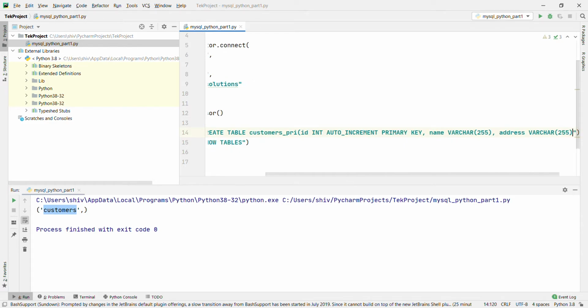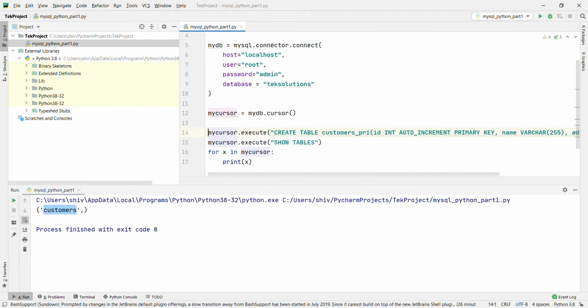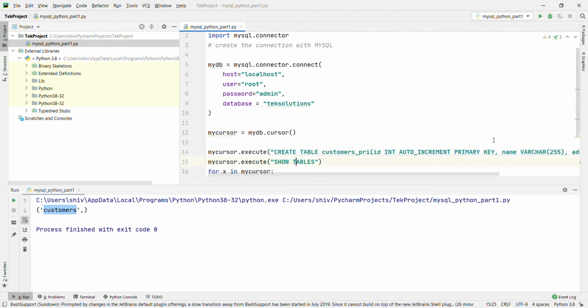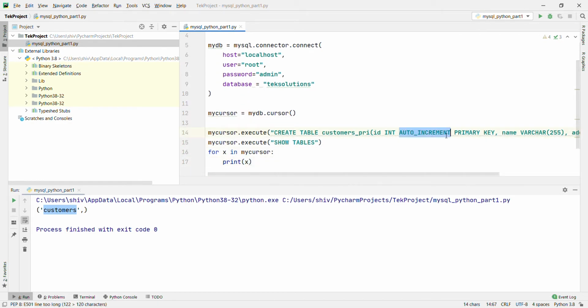We are going to close this one and this. Right, now what will happen here is that I am going to create the table customers PRI with the IDs that are auto increment, and that will be unique. That means we are going to increment the values by 1, 2, 3, 4 based on your auto increment key, right? Now I am going to execute this one.